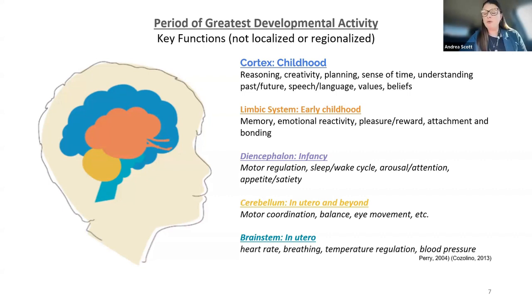And when they ask you to calm down, you're stuck in that limbic stage. And so when they say, "Hey, I need you to calm down," your emotional reaction to that maybe wouldn't normally be as calm as you would be if you were more in your cortex. Okay. And then the next stage is the cortex. So that starts from the frontal lobe and all the way back towards your brainstem. And that controls your reasoning, your creativity, your planning, your sense of time, understanding your past, present, speech and language. And so children that are learning their speech and language, that really has to have the activation in the frontal cortex, values and beliefs.